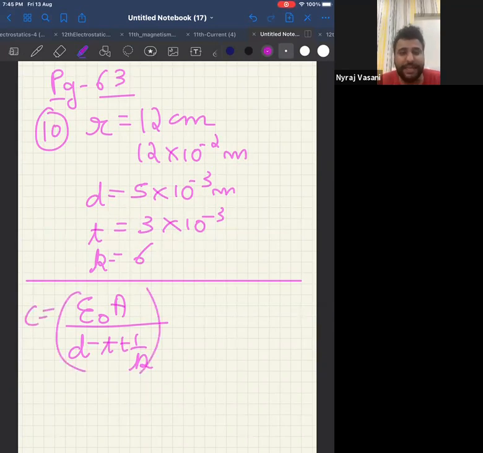Because glass is an insulator. It is not a conductor. And since thickness is given, it is not completely introduced. Now look at the formula. Now, can I write this formula as epsilon naught into pi r square? Because it is a circular plate, area will be pi r square.